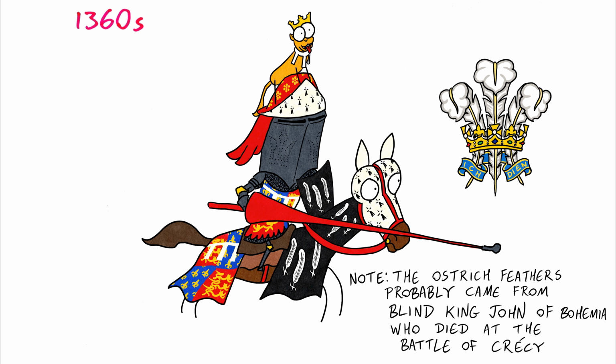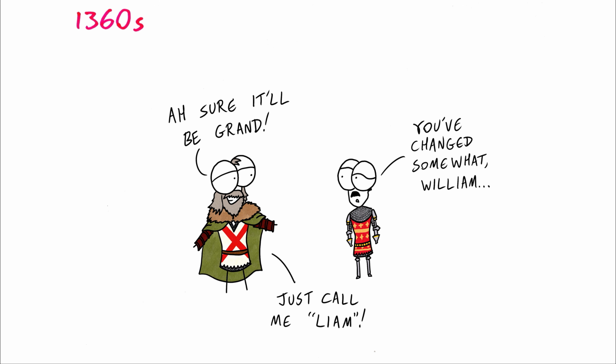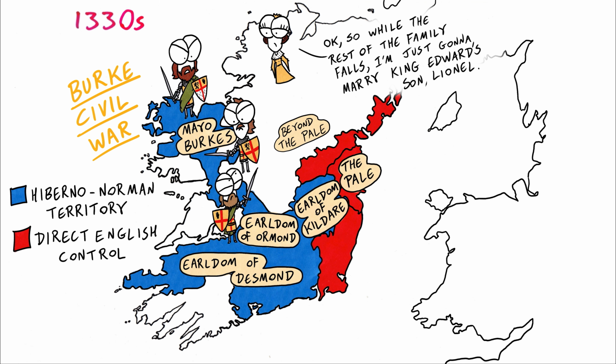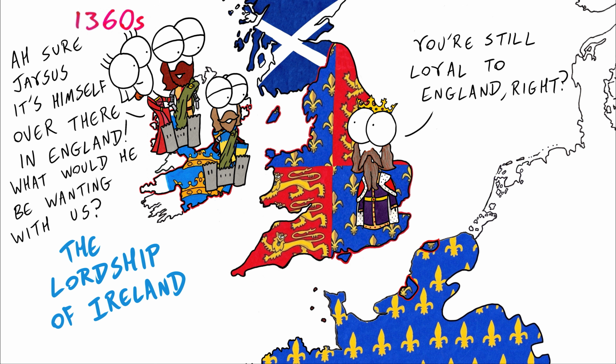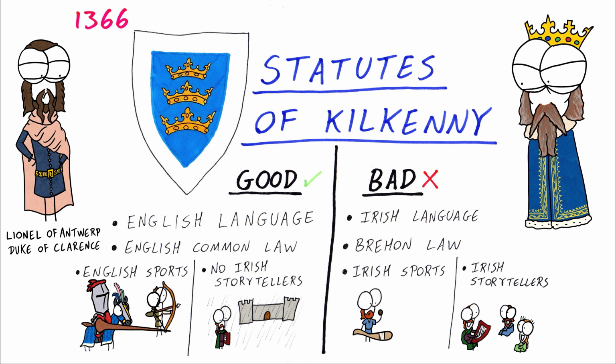In Ireland, the Anglo-Normans, who had been living there for almost 200 years now, had really bought into the Irish language and Irish culture, becoming more Irish than the Irish themselves, and many had already been distancing themselves from ties with England. Fearing they would set up their own independent Hiberno-Norman kingdom, Edward's son Lionel brought in the Statutes of Kilkenny to ban Irish culture amongst the Normans in Ireland. It wasn't too effective, as they could barely enforce it.